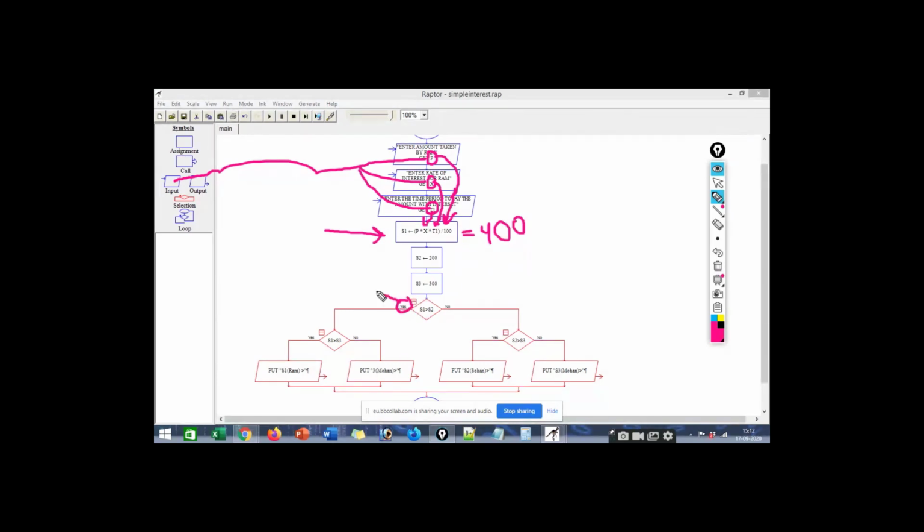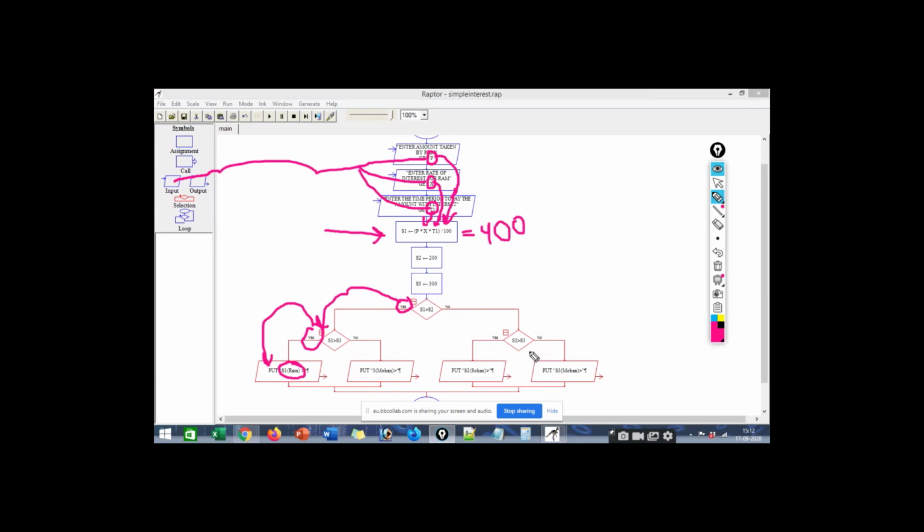If it is yes, then we go to this part, where there is another condition: is S1 greater than S3? Because in order for S1 to be greatest, it should be greater than S2 and S3. Here also it is yes, so this will be printed: that RAM has the highest simple interest.